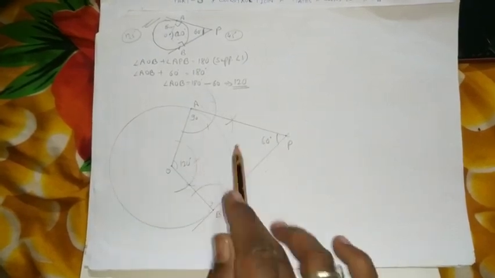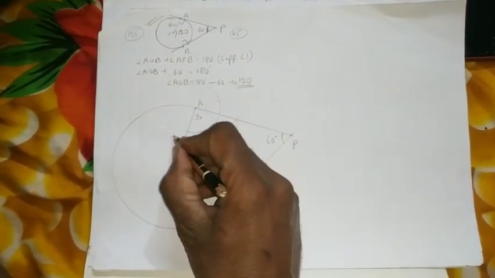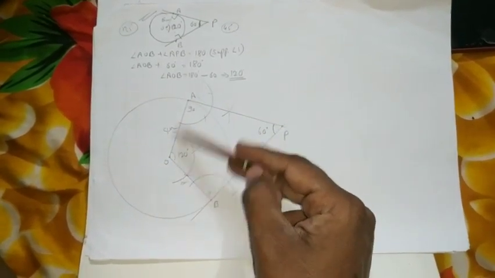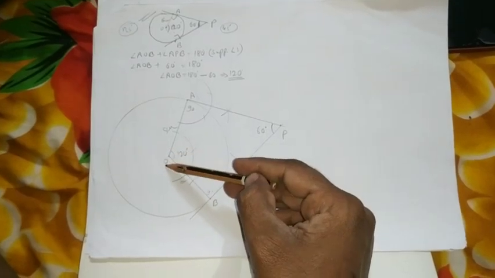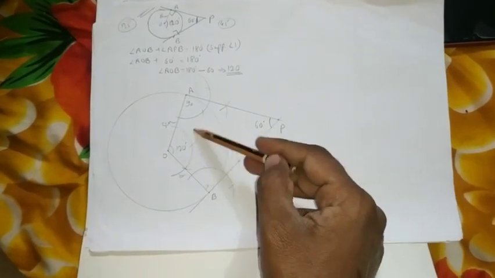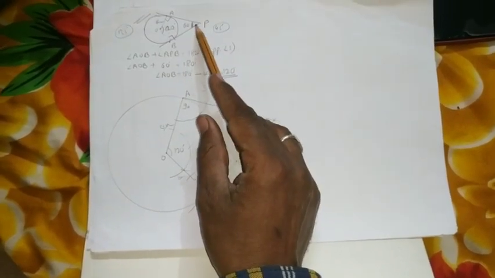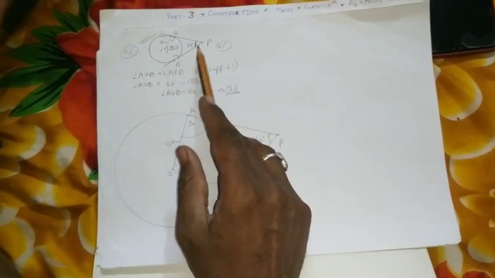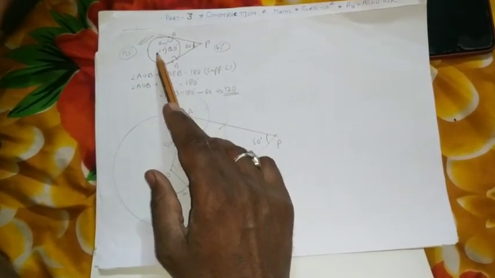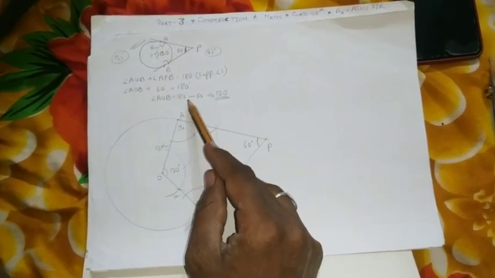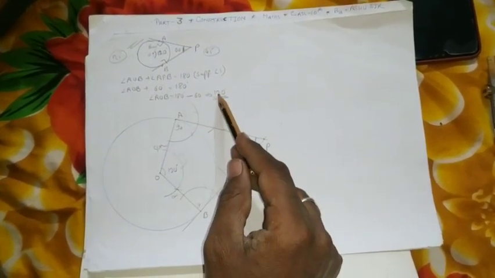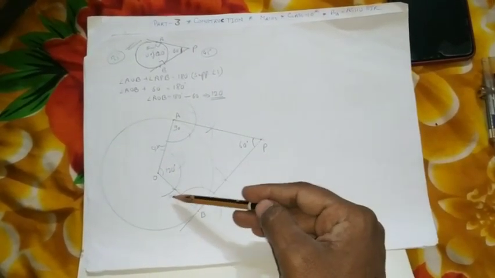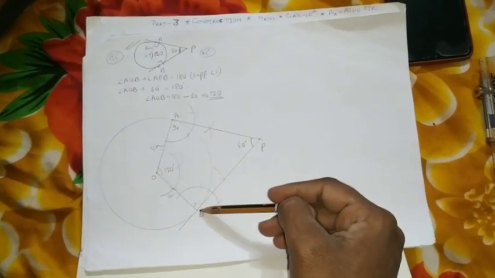First step, draw a circle of radius 5 cm. Second step, draw a radius OA anywhere, and then taking O as center, construct an angle of 120 degrees, because you know that the angle of 60 degrees is given at point P. So these two are supplementary angles. So we can find the value of angle AOB by this process, supplementary angles. So we get angle AOB 120 degrees. So at point O on radius AO, we construct 120 degrees. We get the point B.